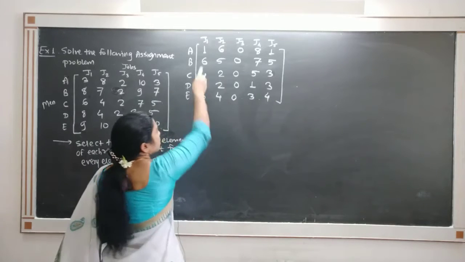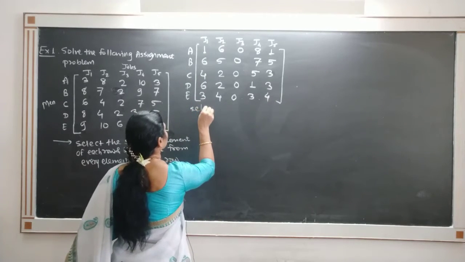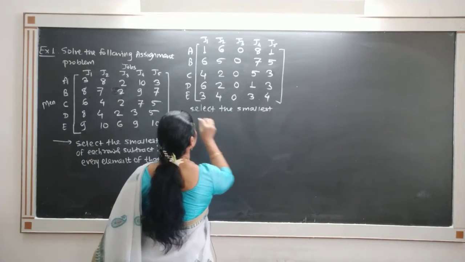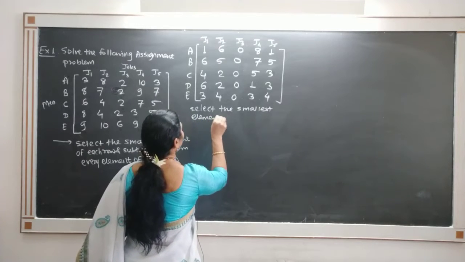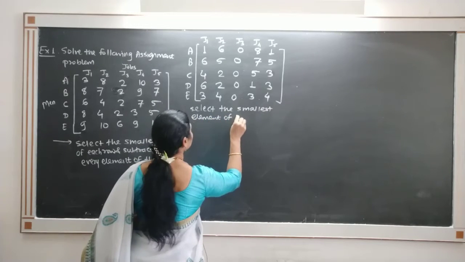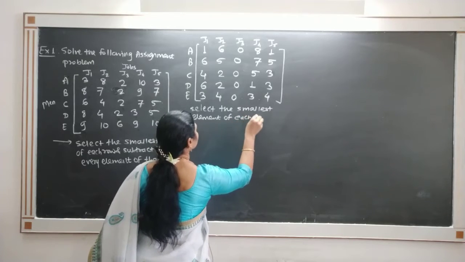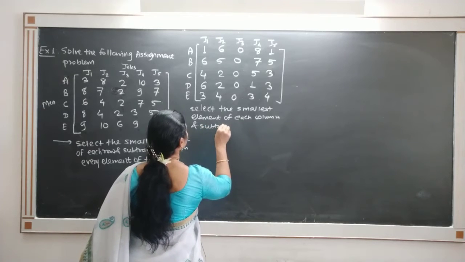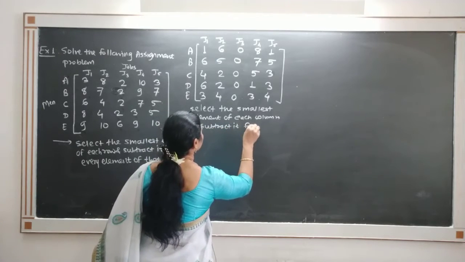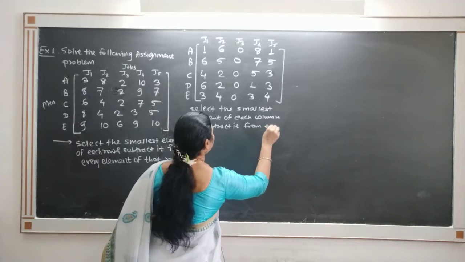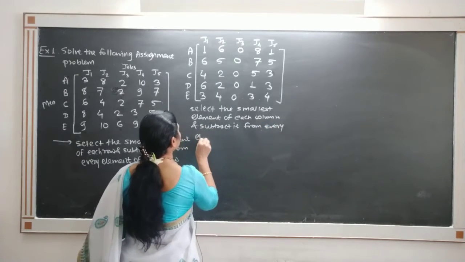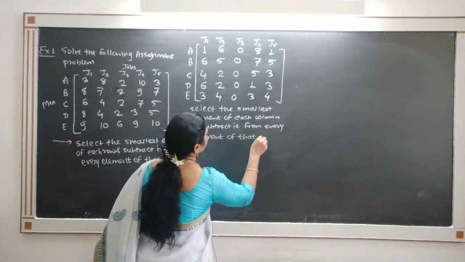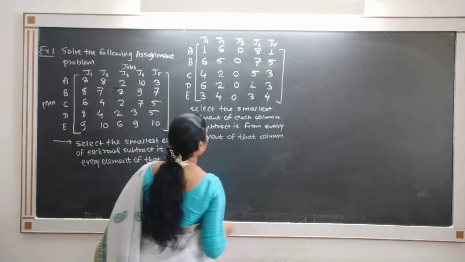Now select the smallest element of each column and subtract it from every element of that column. So the reduced matrix becomes,